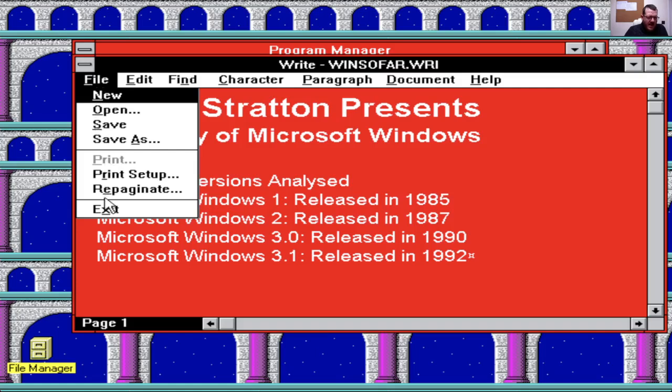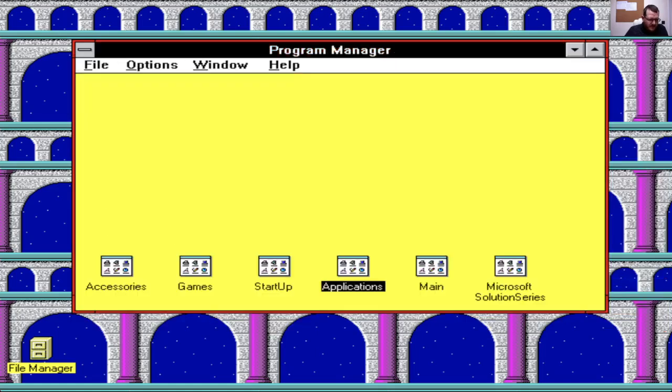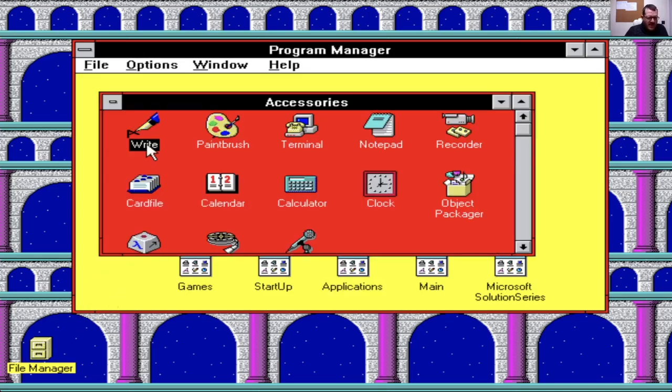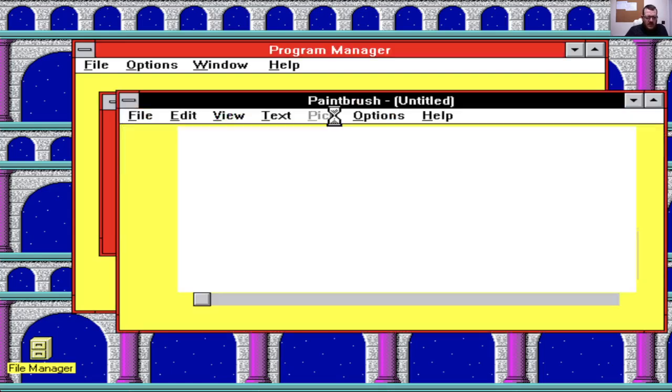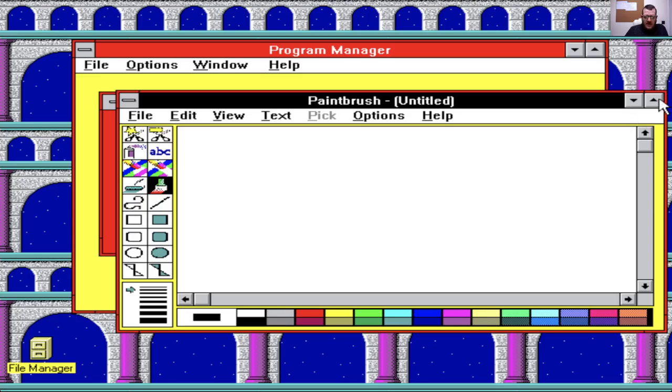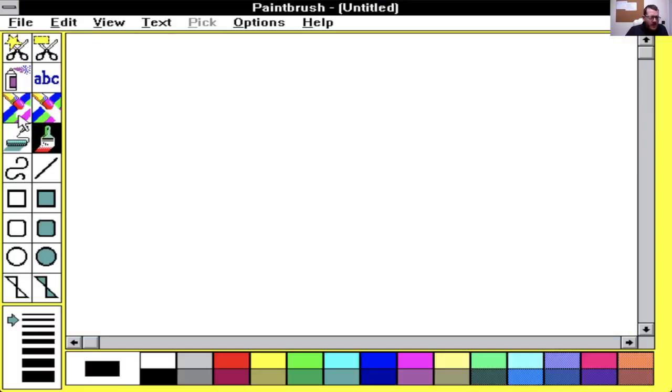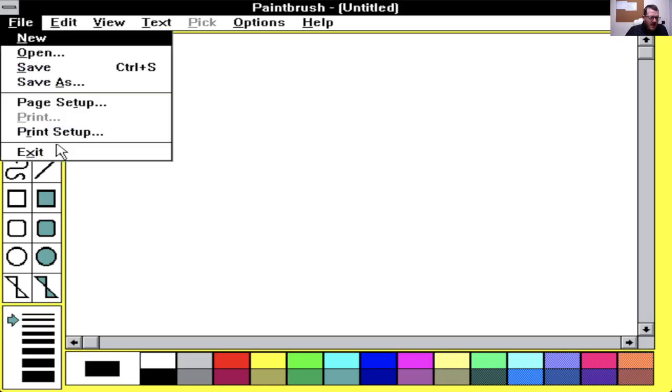Let's exit out of that. And then we'll have a look at some more accessories. So we've seen, right, let's do paintbrush. This looks practically the same as it would do. So what I'm going to do then in that case,